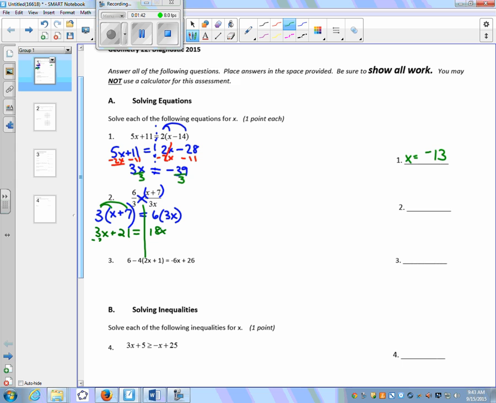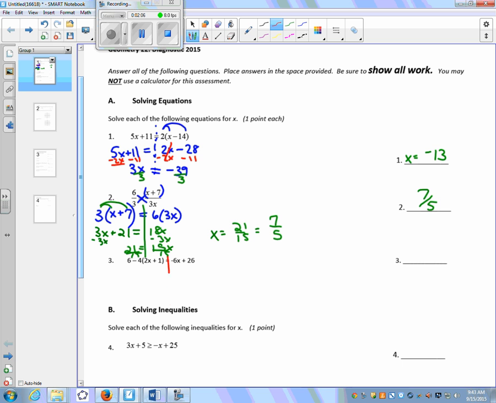When we subtract 3x from both sides, we get 21 equals 15x, and divide by 15 on both sides, and x equals 21 over 15, which can simplify to 7 over 5. Divide top and bottom by 3. So 7 over 5 is the final answer there. Number 3,